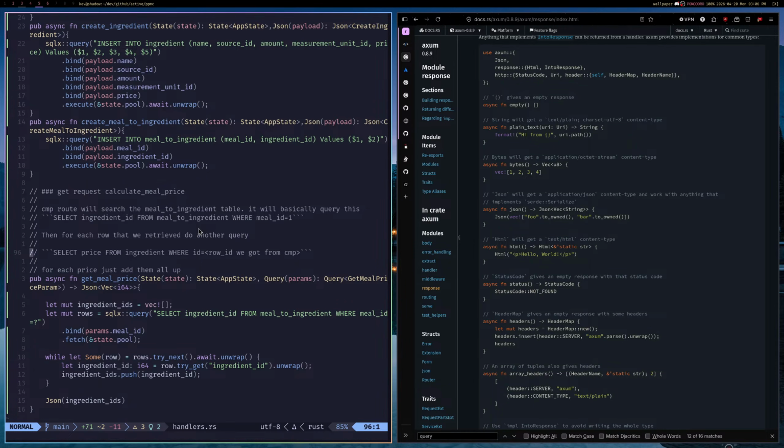Man, that could take a long time. It'll be O of n then. So for each ingredient, I have to search the meal to ingredient table to get it and then calculate it. Hmm? I could probably refactor it soon. So now we'll do